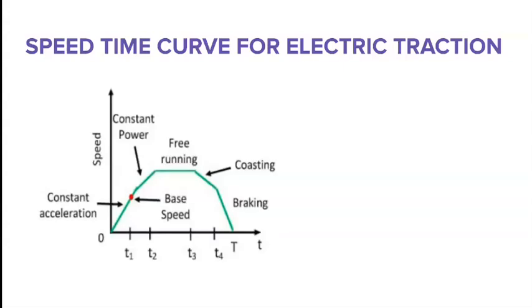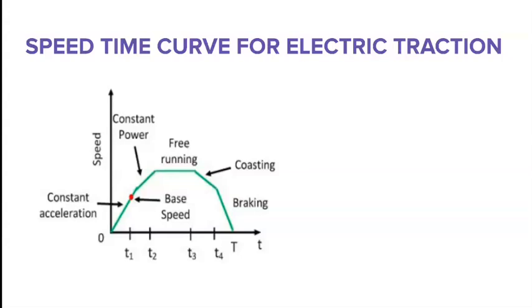Now just now we said a traction motor should be a variable speed motor. This will be justified by the speed time curve for electric traction which you had just studied in the previous lecture. But again, I am just going to stress the point that a traction motor should be a variable speed motor. I am taking the topic again. Now here you are seeing the speed time curve for electric traction which we have already studied, but still we will do a small revision. First period is a constant acceleration period.